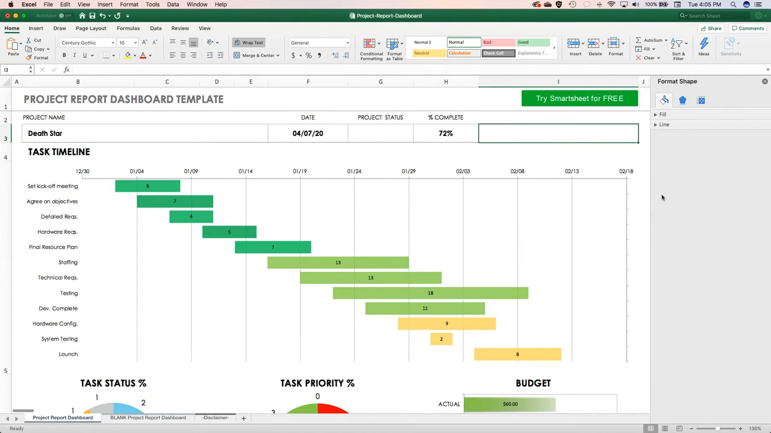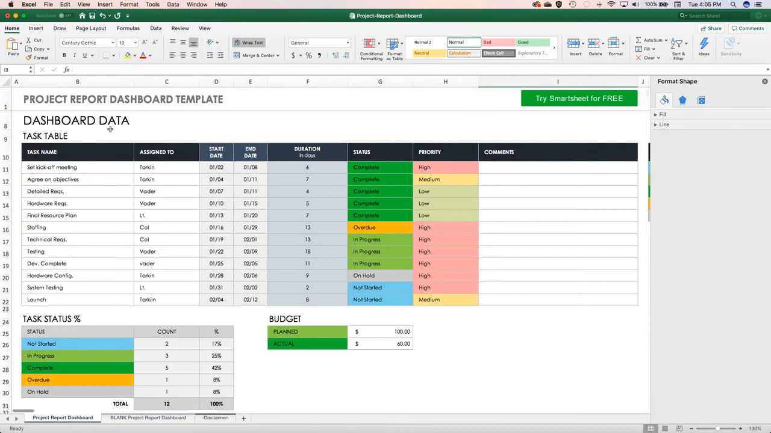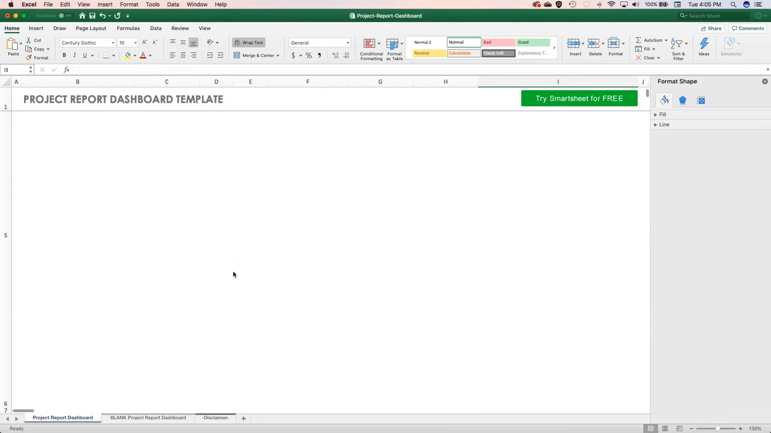All right. So one more time. Step 1, come down to the dashboard data and put in the task names. Assign the date, the person, and then put in the start dates so that everything else gets filled in. Step 2, tell me whether it's completed and what the priority is. All right. Step 3,